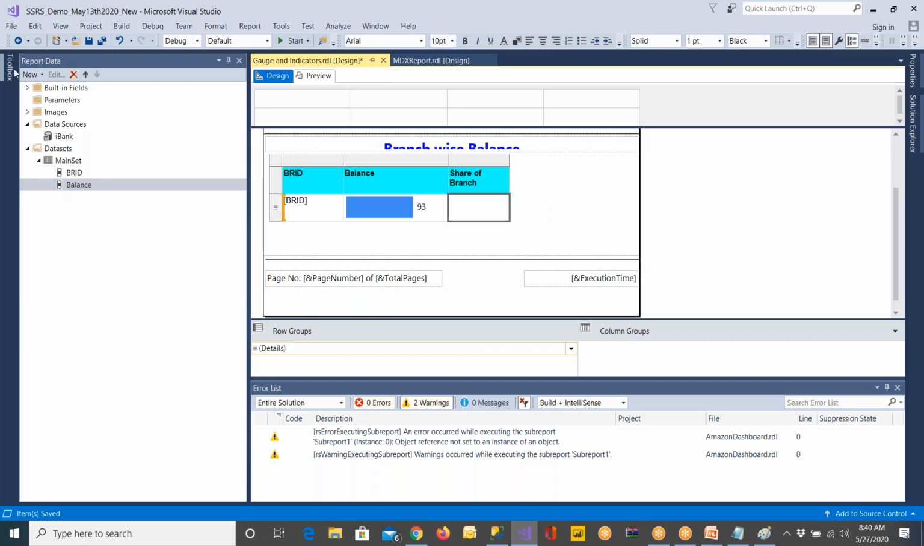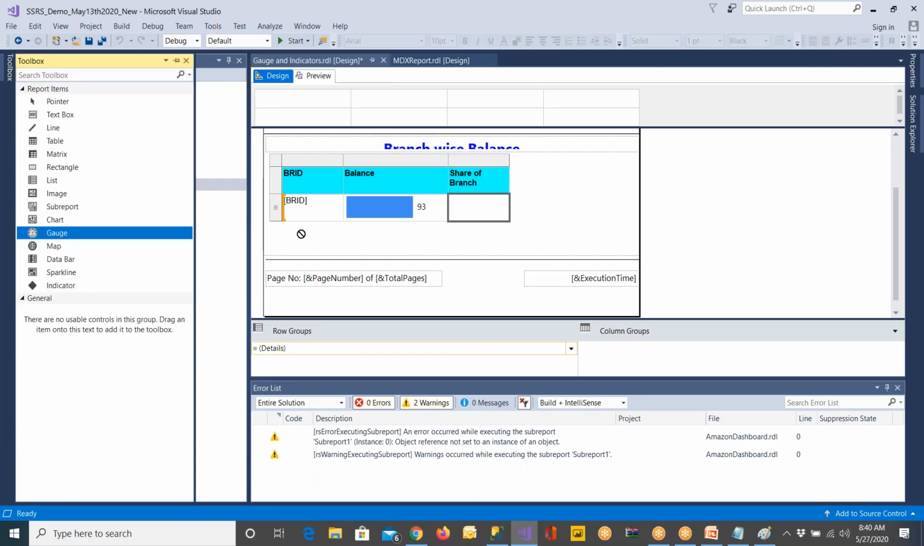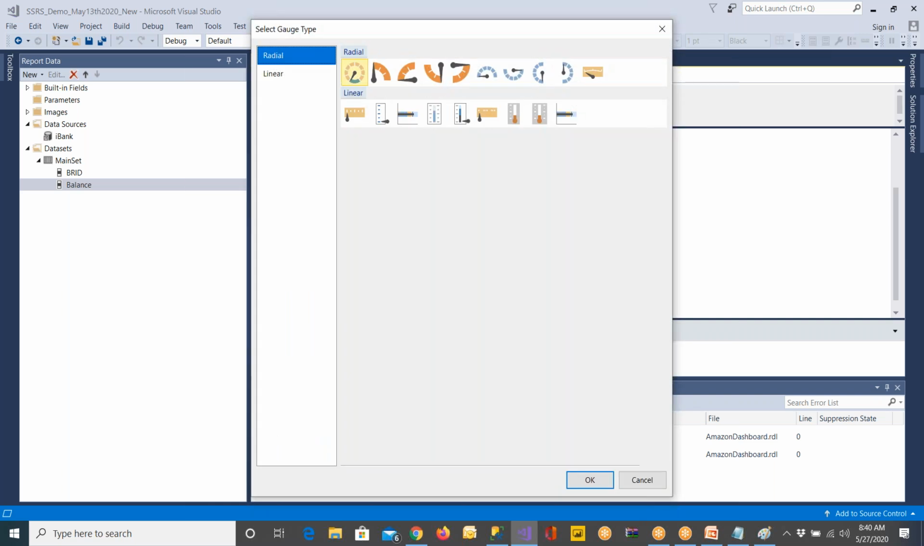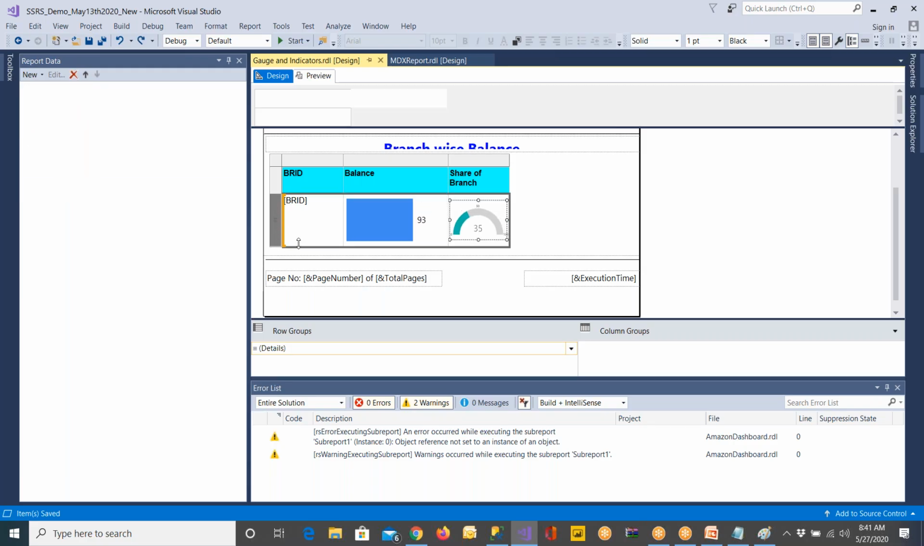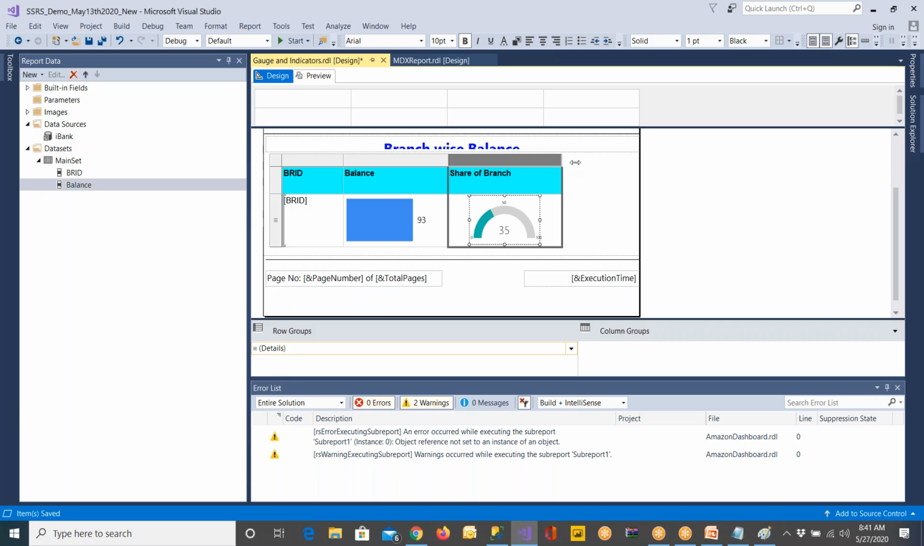So go to the toolbox and drag and drop gauge. When you drag and drop a gauge, it is showing me what kind of a gauge you would like to have. Okay, this gauge, full moon or half moon. These gauges are not very good as compared to Power BI gauges, not very clean. Half moon, radial, something like this, you can choose. This gauge is not very good at all, not visually effective also. So you need to increase the font like this